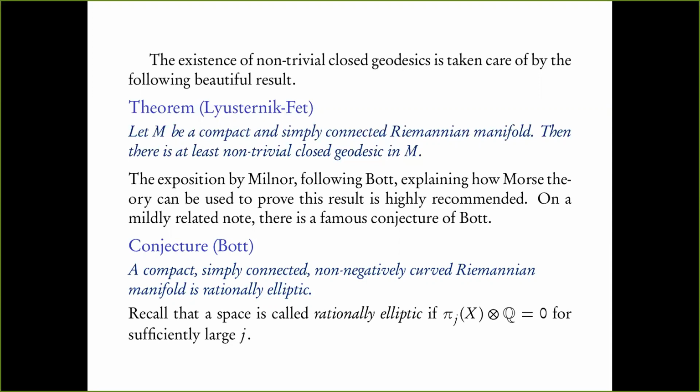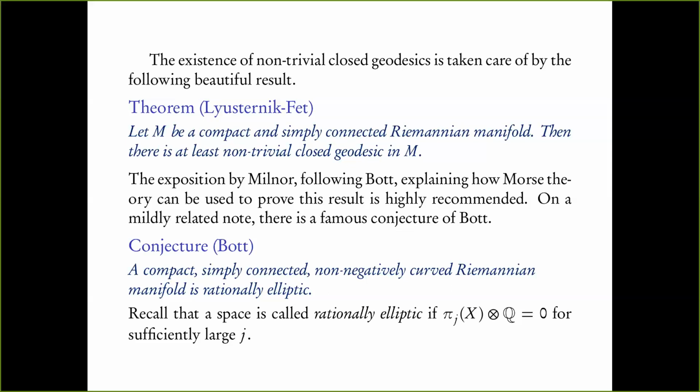It might be a bit of a cryptic definition, in the sense of why I am defining this all of a sudden. Well, there's a whole topic of rational homotopy theory where people study spaces, and it's a theorem that spaces are either rationally elliptic or rationally hyperbolic. Rationally hyperbolic is defined in an entirely different way, and I'll not get into that, but rationally elliptic spaces are few and far between. A generic space is usually of the other kind, and very few spaces are of this kind, because this puts severe restrictions on your higher homotopy groups. For example, if you take j to be 3 and pi j of X tensor Q is 0, that means what?